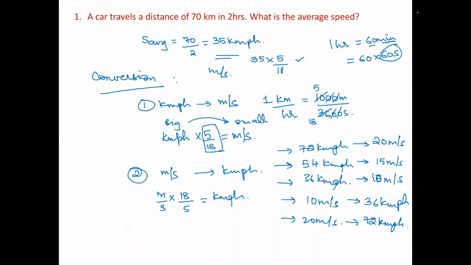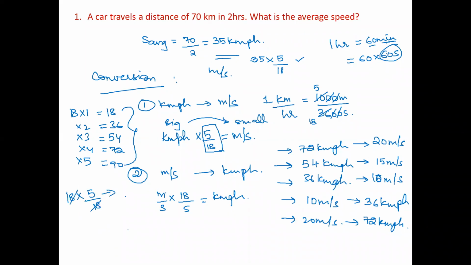Noise pollution. Let me give you one trick over here. Not trick. Basically, this is just the 18 table. 18 ones are 18. Remember, even from 2, 3, 4, 5. 18 2s are 36. 18 3s are 54. 18 4s are 72. And 18 5s are 90. Any of these, usually these will be kilometer per hour. Suppose he says 18 kilometer per hour. 18 kilometer per hour into 5 by 18. If you know directly, you will say 5 meter per second.